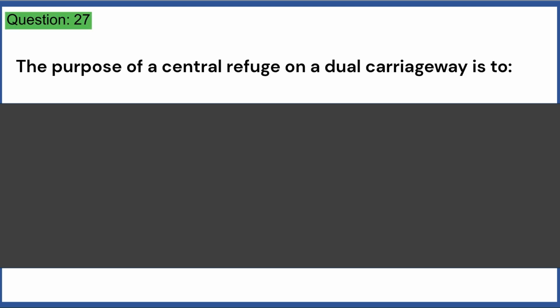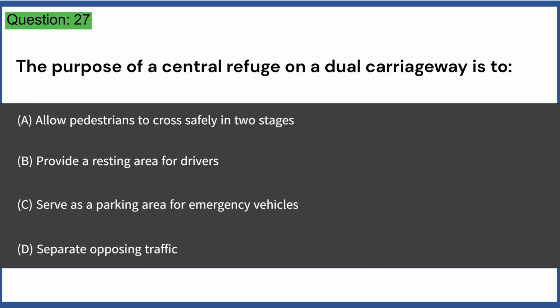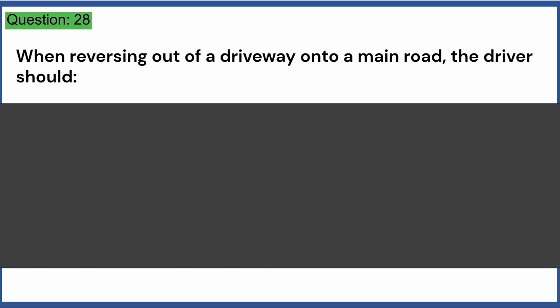The purpose of a central refuge on a dual carriageway is to: A. Allow pedestrians to cross safely in 2 stages. B. Provide a resting area for drivers. C. Serve as a parking area for emergency vehicles. D. Separate opposing traffic. Answer A. A central refuge allows pedestrians to cross safely in 2 stages by providing a safe waiting area in the middle of the road. When reversing out of a driveway onto a main road, the driver should: